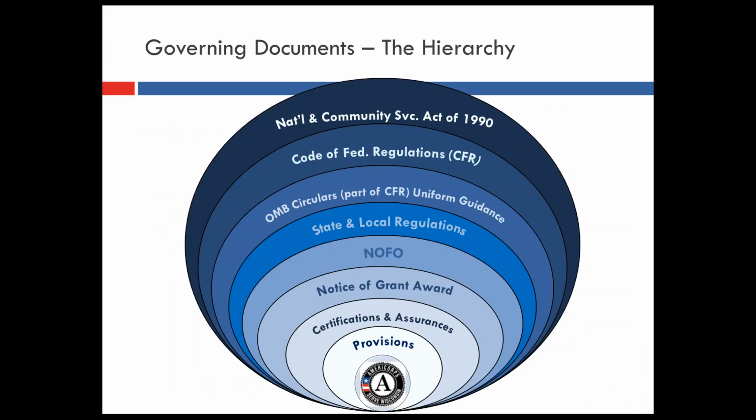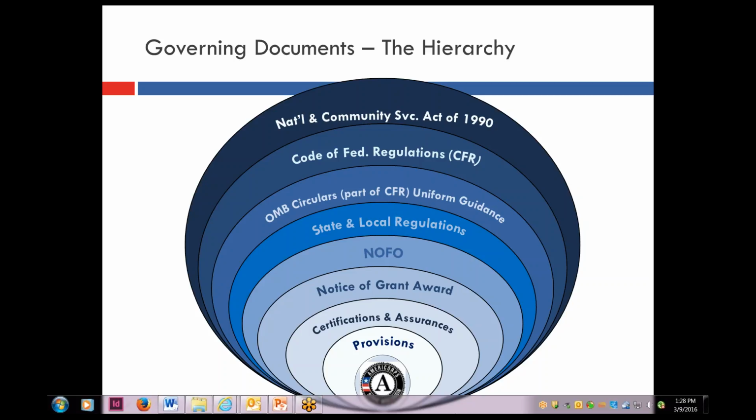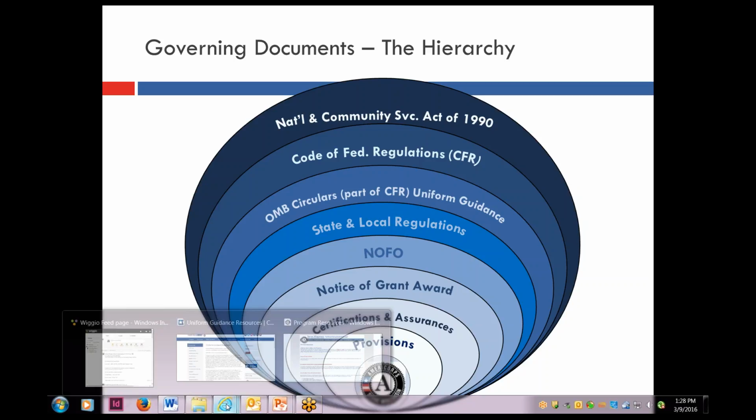This onion is the hierarchy of governing documents. So each layer adds to the one above it. They don't trump each other, but they add to. Okay, so if you have something like the electronic member file storage or the background checks that the Code of Federal Regulations level allows, but you're curious if Serve Wisconsin does or doesn't, I would encourage you then to go to the PD Handbook.